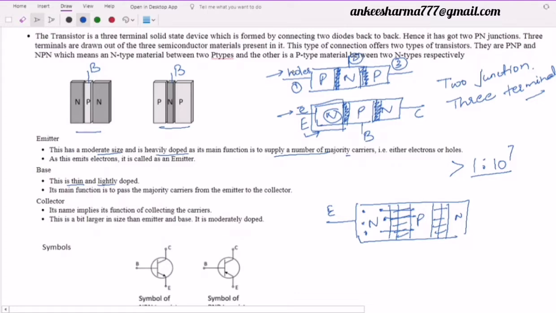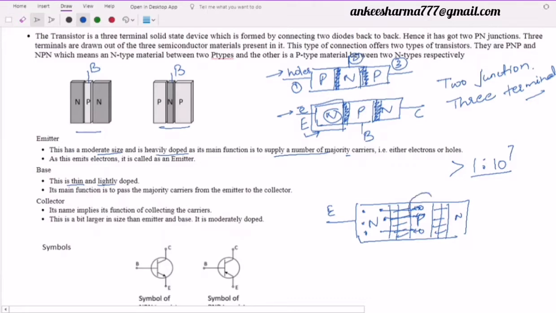Now in the case of p-type, we have majority carriers as holes. So whenever there is an electron and a hole, definitely what is going to happen? What is going to happen when we have electrons and holes? Anyone? Yeah, very right. So we will have recombination over here. So due to this recombination, some of the electrons which are coming from the n side will be vanished because of the recombination with the holes. So higher will be the doping over here.